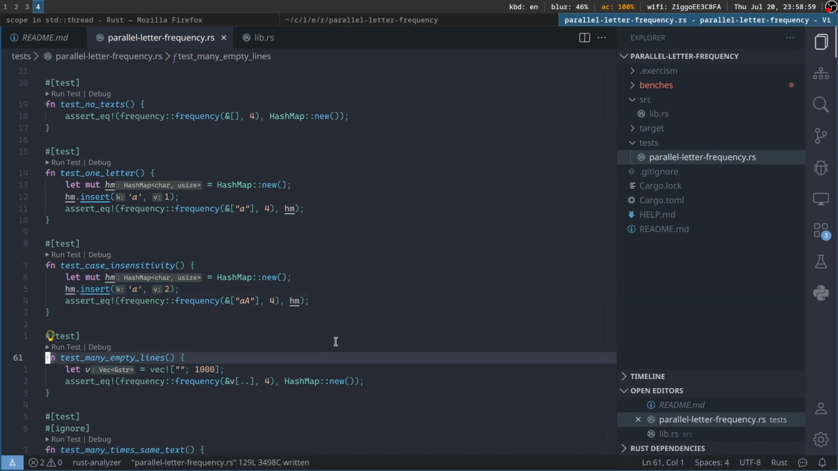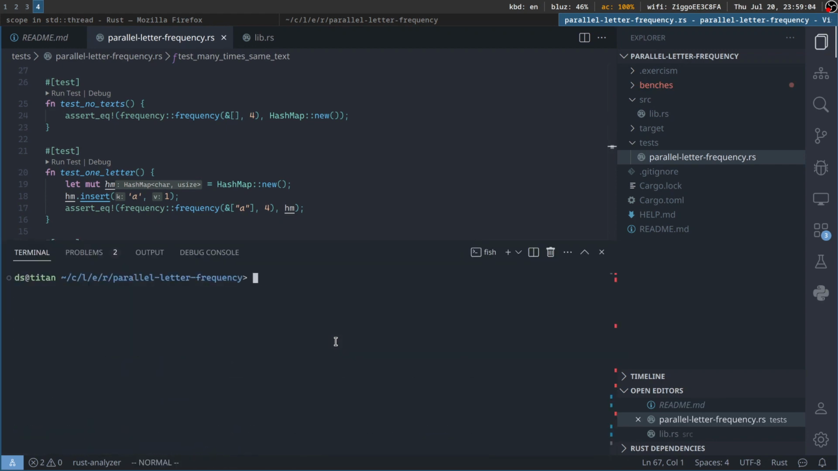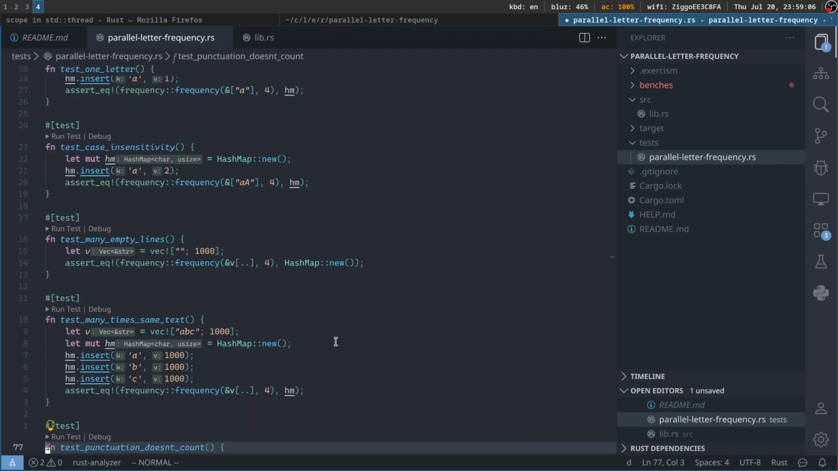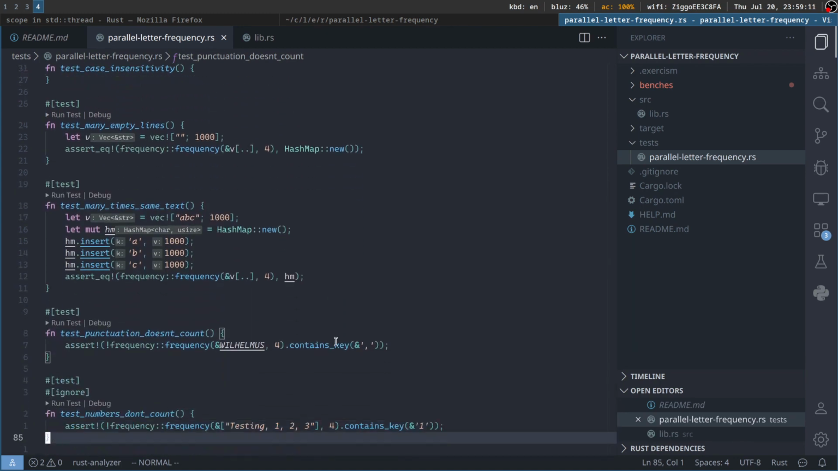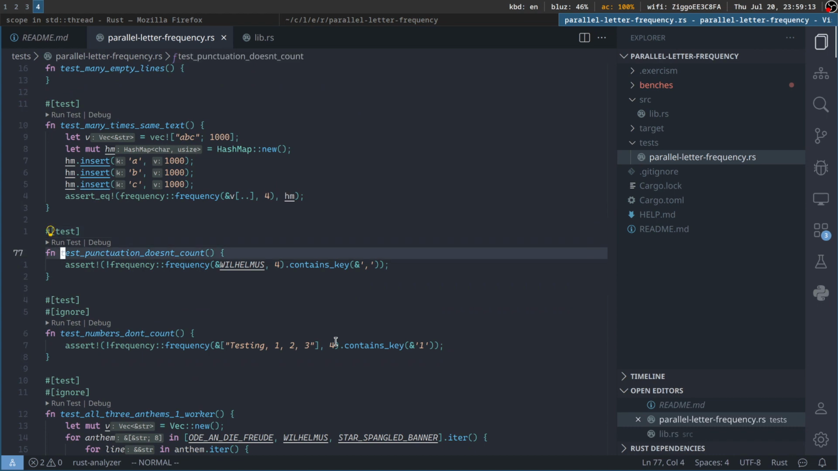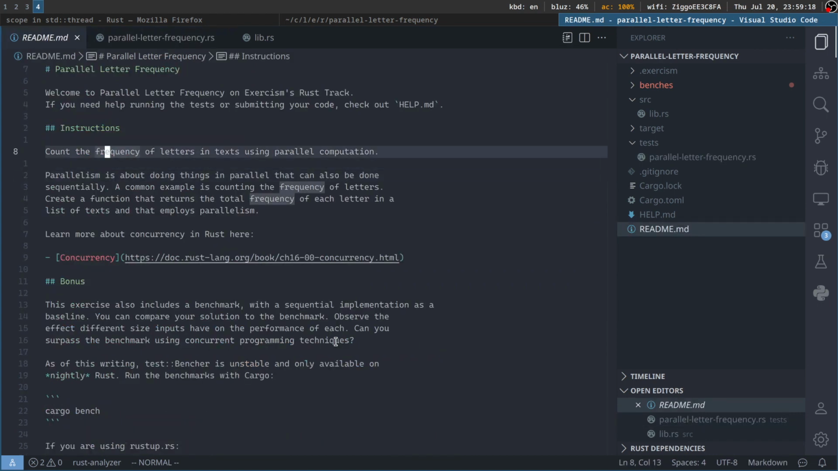Next ignore. It works. Next ignore. It works. Next one. It fails. Why? Punctuation doesn't count. Okay, let's get back to reading. So, what is the exact spec of the task? Parallelism by doing things in parallel. Okay. Create a function that returns the total frequency of each letter in a list of text and that employs